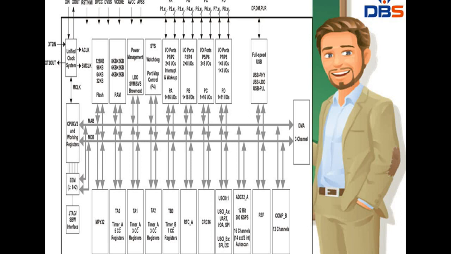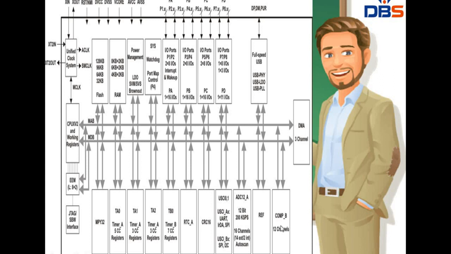And also coming to the comparator, here Comp B, we have written comparator B, which is an analog voltage comparator, and this covers general comparator functionality up to 16 channels, and it also supports a precision slope analog to digital converter and supply voltage supervision, that is nothing but SVS, and monitoring the external analog systems.